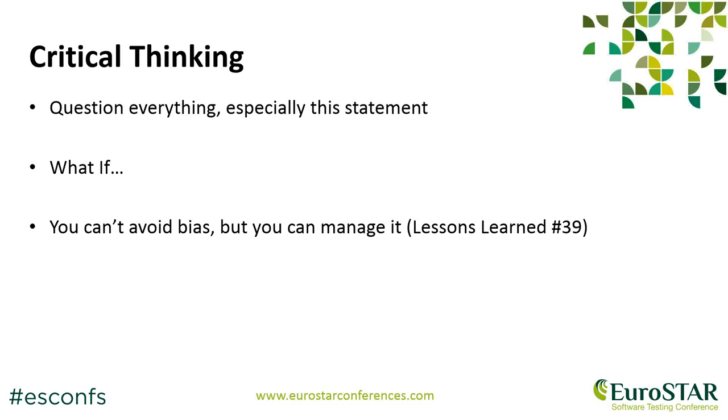I will talk about different kinds of biases and that we can't avoid them but manage them, as is said in Lessons Learned in Software Testing, lesson number 39. I might give an example of the bias called spectacular fallacy, which is something testers often stumble upon. I do it myself. It's when we see a bug and then we think, wow, that must be because I upgraded Chrome this morning. It must be that. They introduced a bug over there. Wow, they have messed up again, I might think. And have a spectacular fallacy thinking that that one explained this thing and over there.